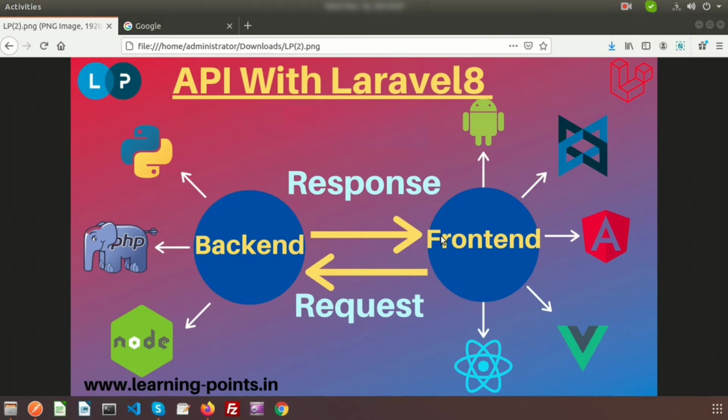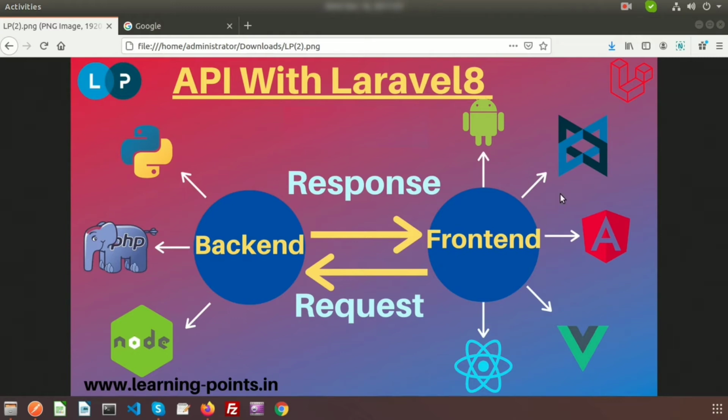Very simple. The common thing is JSON format data. So why JSON format data, not others? JSON format data is understandable for all types of technologies. It can be accessed in backend technology and can be readable in front-end technology also. So here I am going to show you some JSON data.